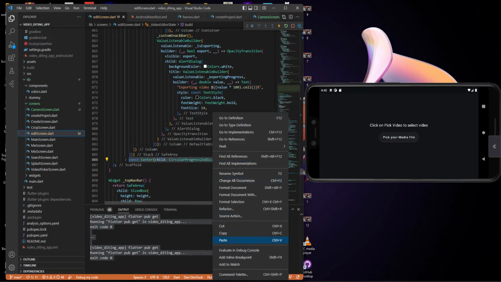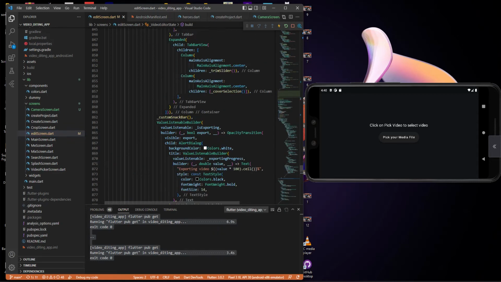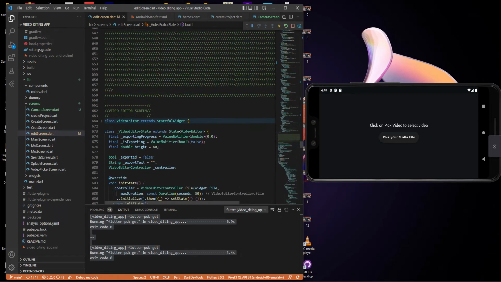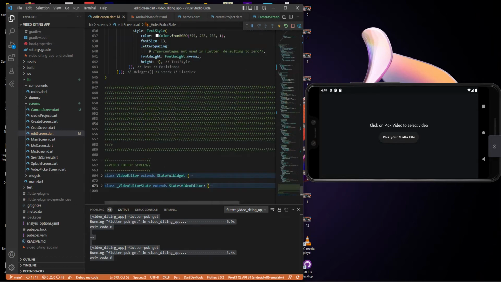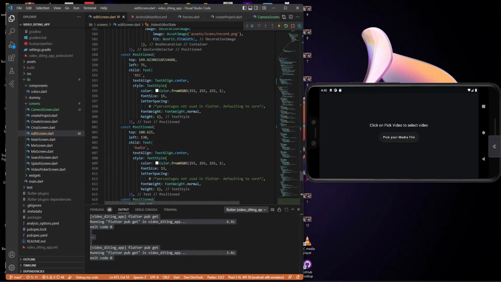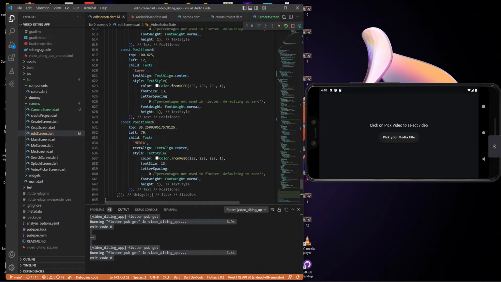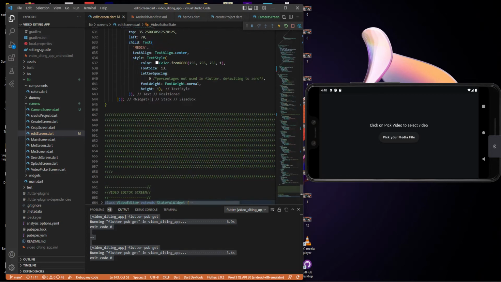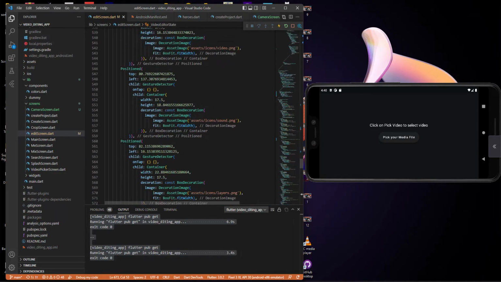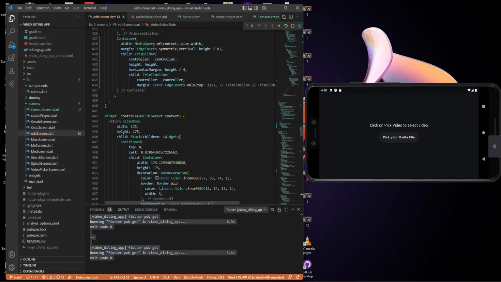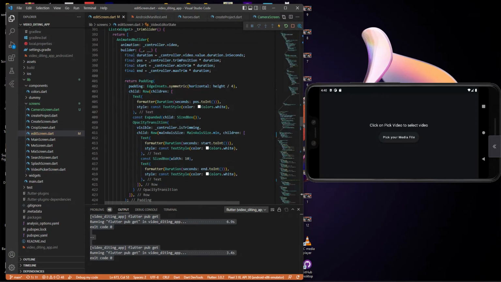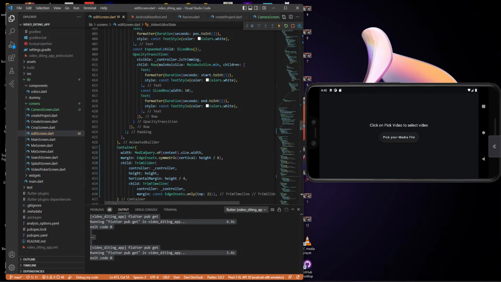So I'm just going to copy that, then collapse this again. Then I go here, so let's see the functionality. I'm going to go up. So after the export,